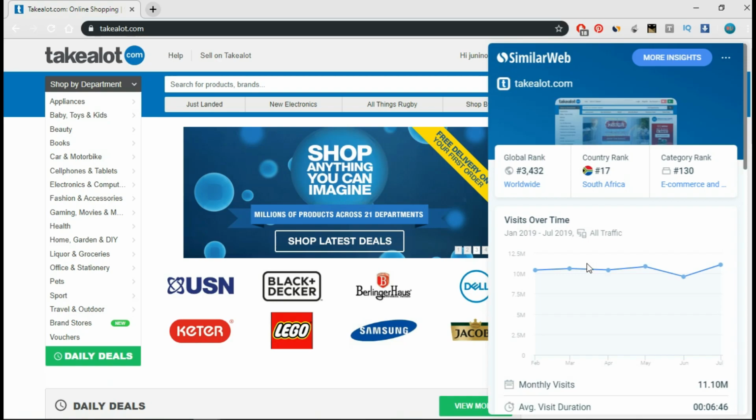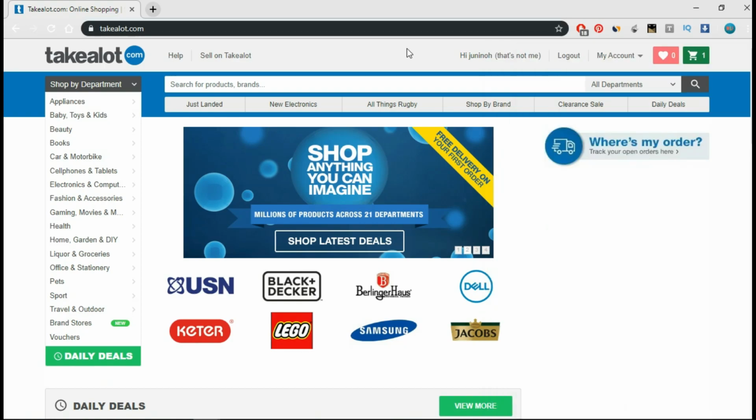Look at it. It gets monthly visits of about 11 million. The last time, which was in August, it was getting about 10 million, so it has grown by 1 million people. So this is the greatest website to make purchases if you want to shop online. Yes, you can buy clothes and stuff, but there are other websites I'm going to show you guys if you're looking to get